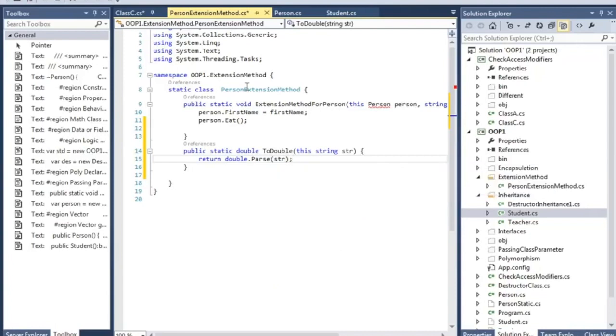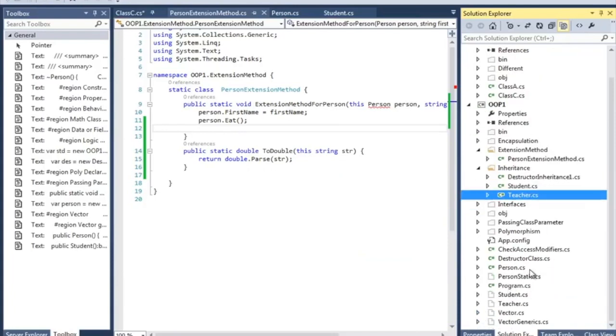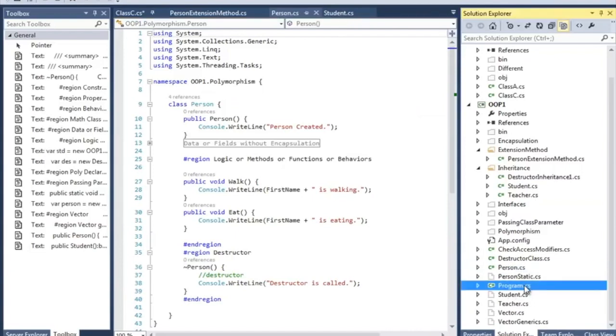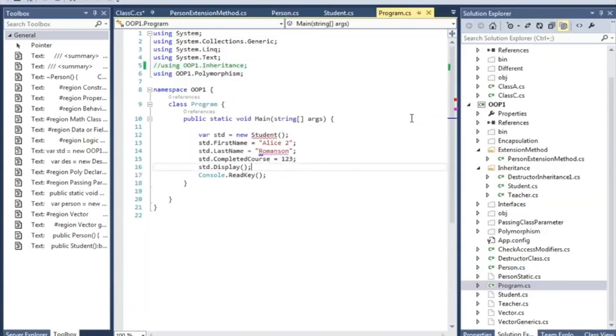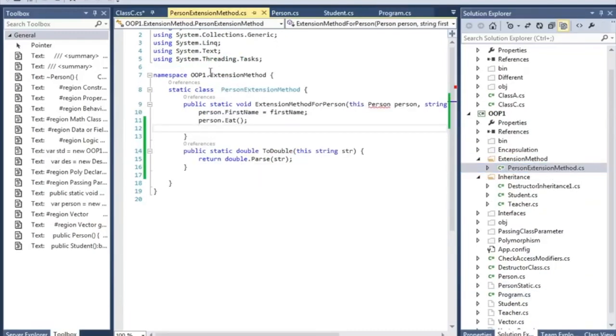That's it. So if we just go to any class, let's say any portion of the app, let's say in the program, we have to include the namespace of the extension class.